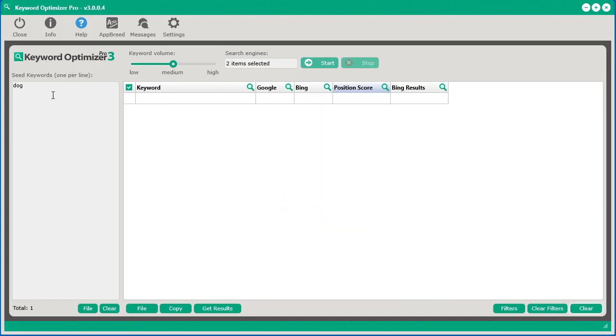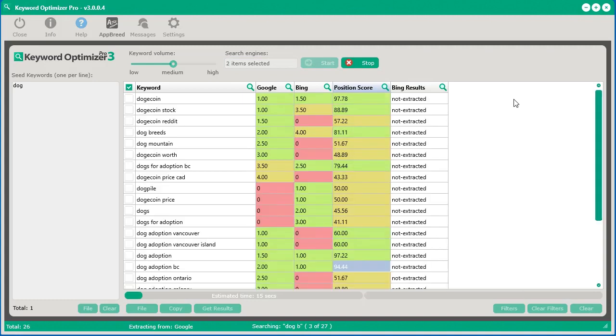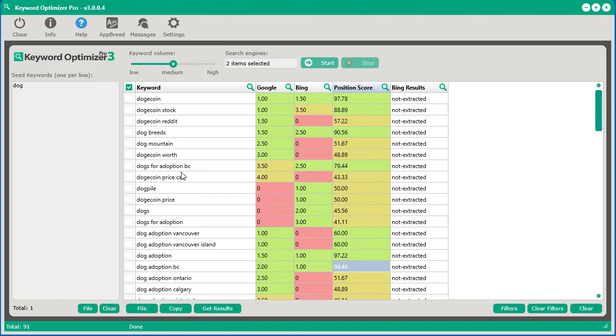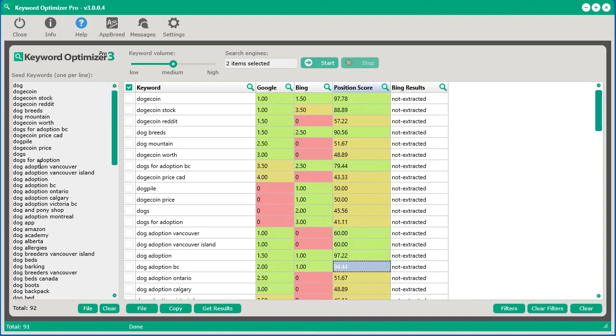Another cool thing to do here, let's say you really want to dig into different dog products or something like that. One thing you can do is keep it on medium. Let's just stick Google and Bing for now. And what we can do is get a bunch of keywords, right click, and send all of these keywords into here. So now we can do another search on all of these. Obviously, if you have it on medium, that's going to take a lifetime to do. But what we could do,